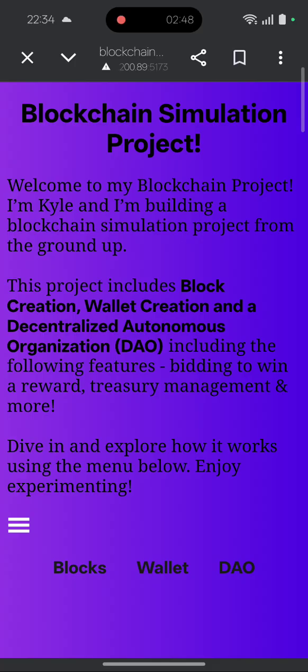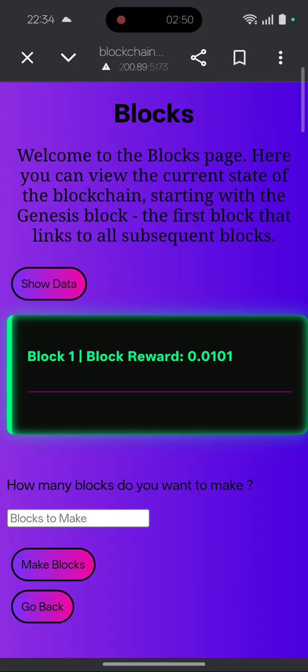So we'll start off with the blocks. I'll click into blocks. As you can tell, the blocks component, I say component because the whole front end is constructed with React, and I've learned an extreme amount about React. The blocks component has changed a lot. For instance, I have a little paragraph explaining what this page consists of, and what you can firstly tell is